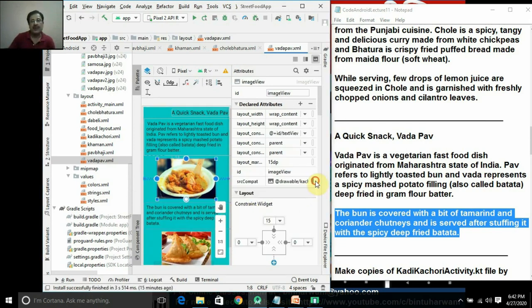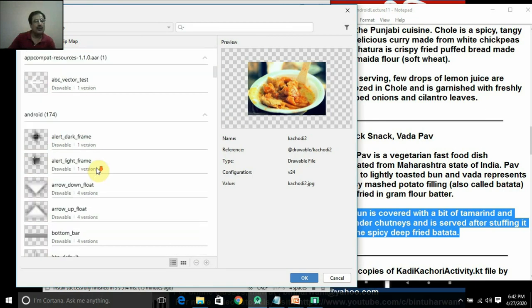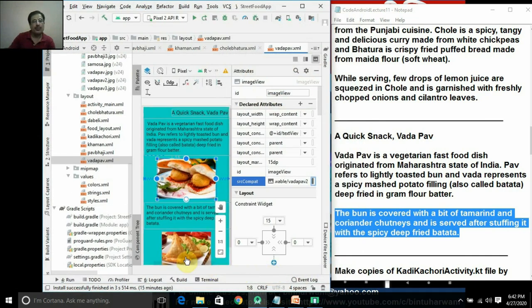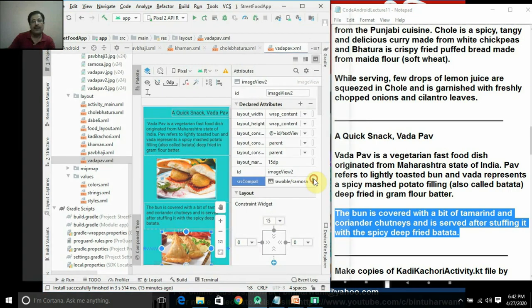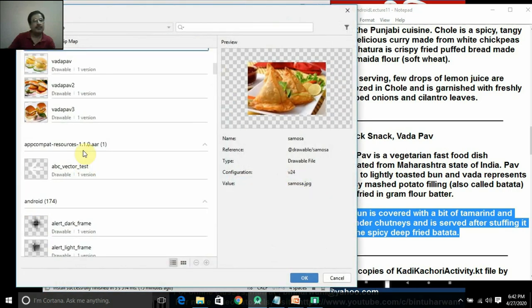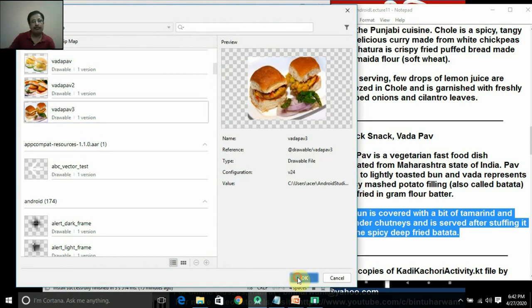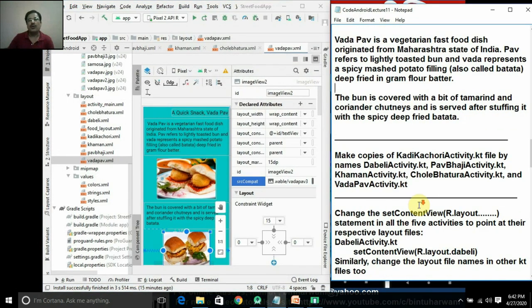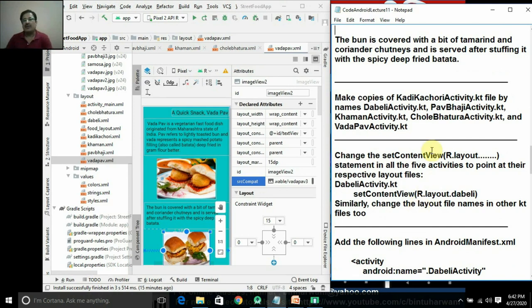Select this property and select Vada Pav 2. Here we have to select Vada Pav 3. Right, it's all done. Now what you want is to make copies of the Kadi Kachori activity, because these layout files